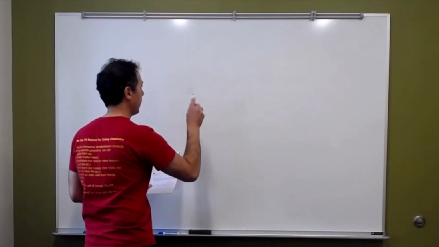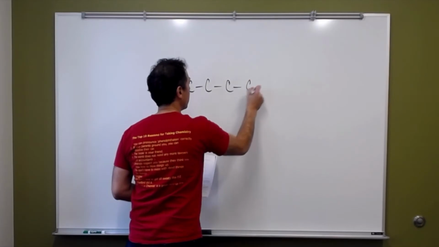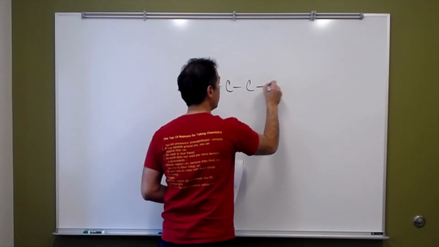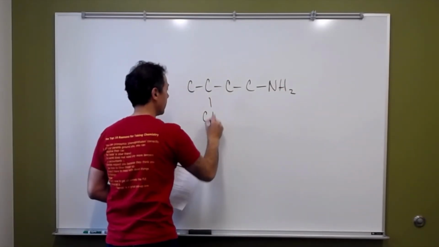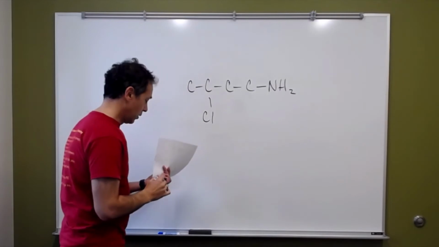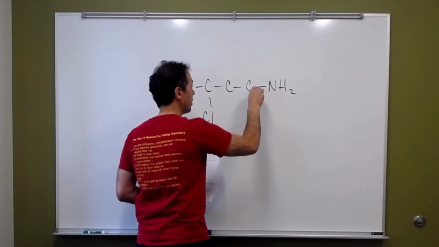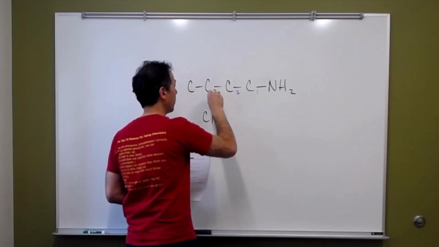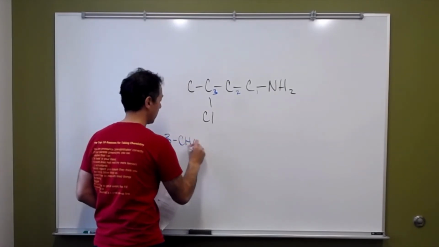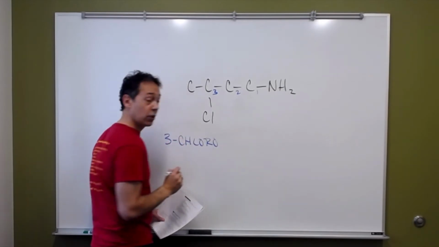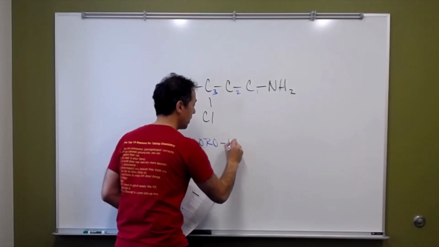Now, what if we have something else? If I have 4 carbon atoms, 1, 2, 3, 4 carbon atoms like this, I have my amine group, and then I have a substituent here like chlorine. I'm going to number this starting with my amine here. So this becomes 1, 2, 3. So it becomes 3-chloro. And then to show that the amine is off of the first carbon, I'm going to go 1, and then